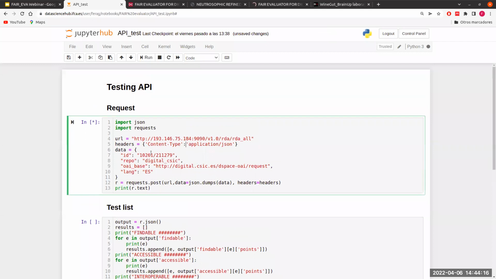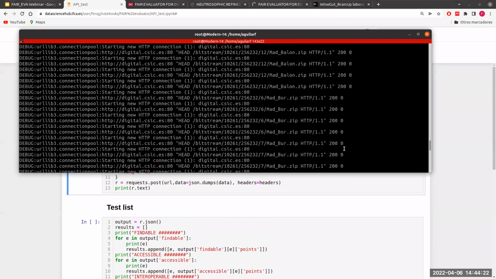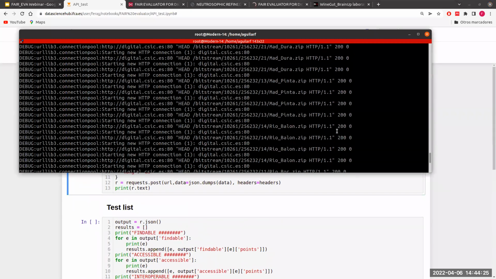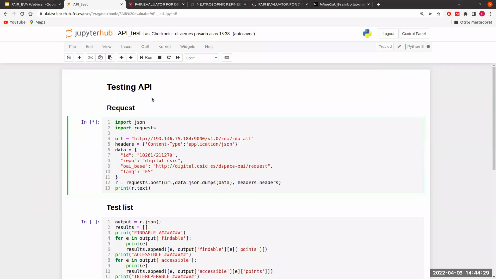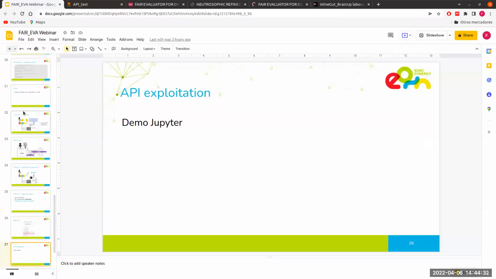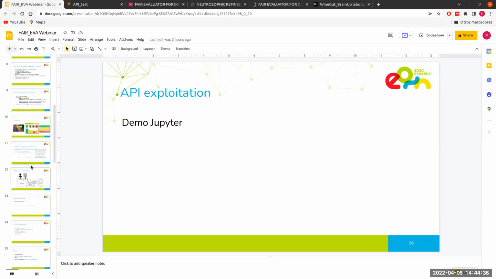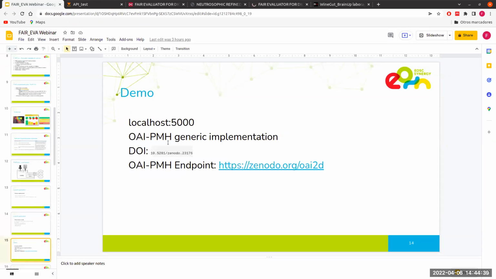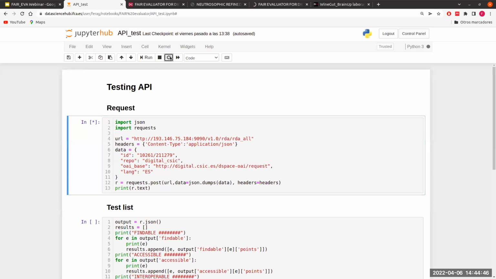Let's wait 1 minute. It is taking a lot of time. I think the problem is on the Digital CSIC side, I guess. So yes, I think we can try to test with Zenodo. Let me copy here the same information. I'm going to restore the kernel.